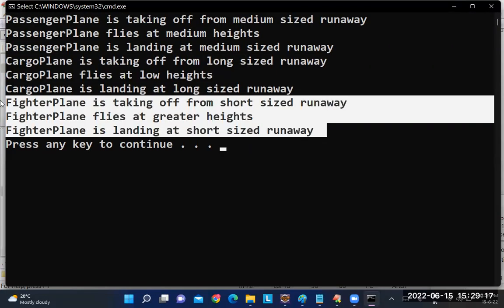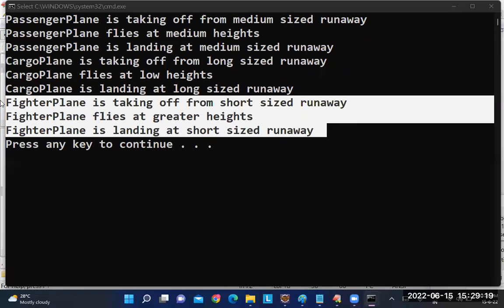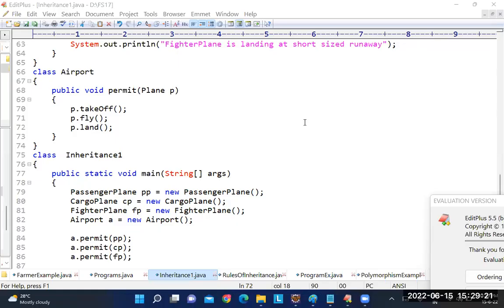Output wise, there is no change. It is just the same. What is the change? The way of coding it. Instead of me giving the instructions one by one, I utilize the concept of a code